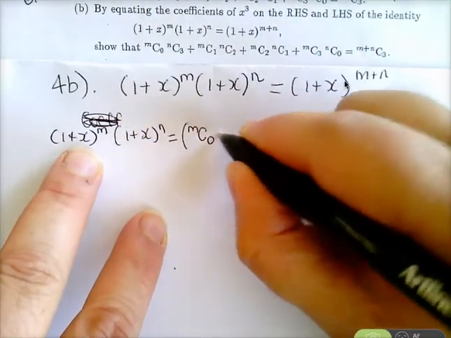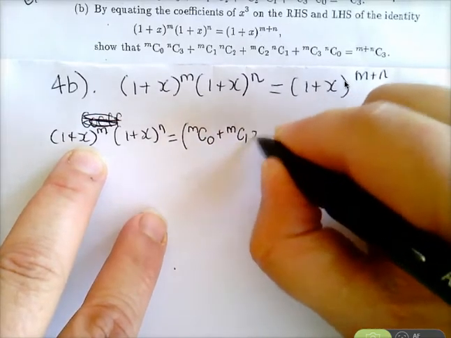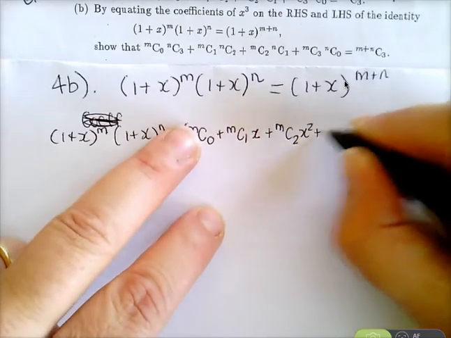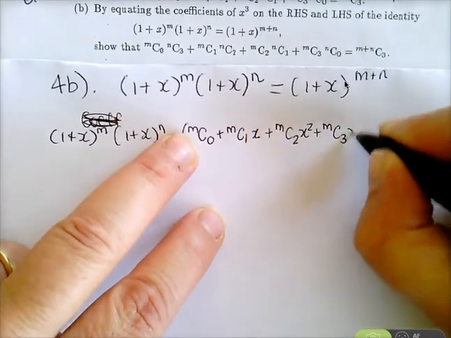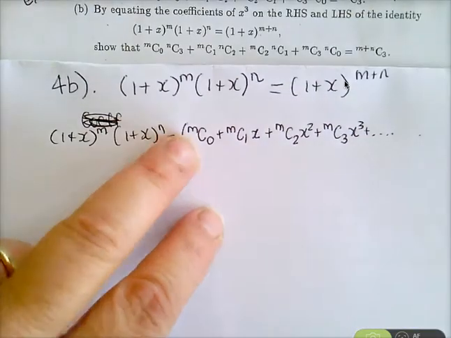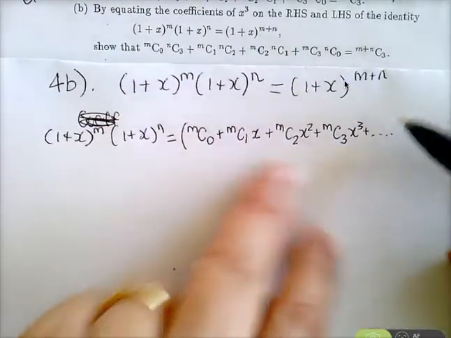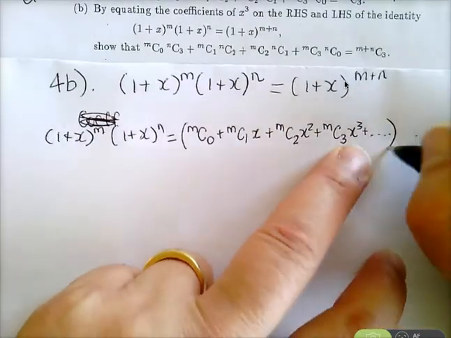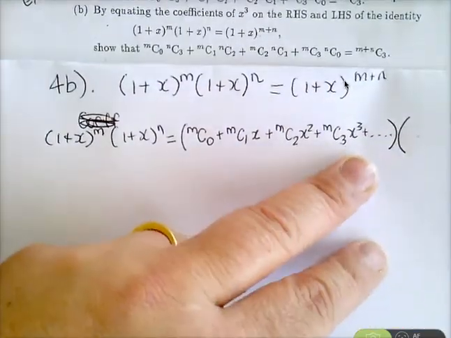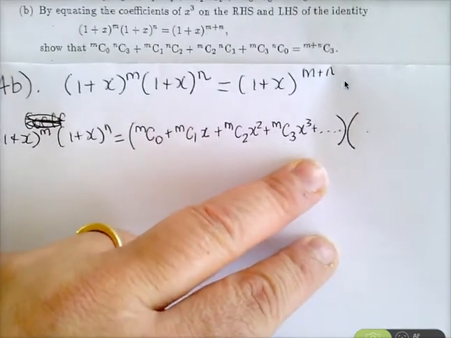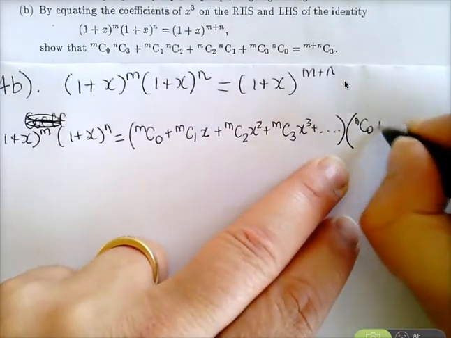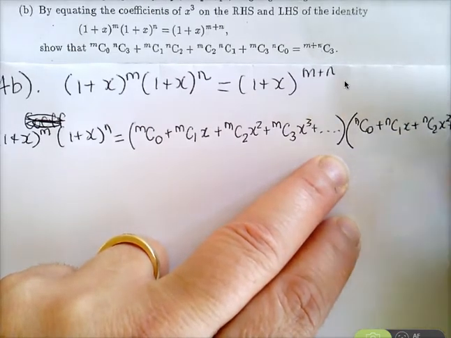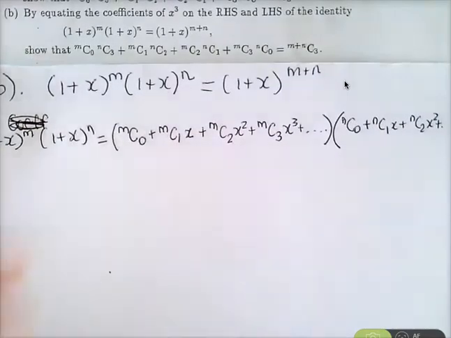mc0 plus mc1 x plus mc2 x squared plus mc3 x cubed plus, I'm just not doing the rest. And the last term would be mcm x to the m, but I'm not going to do it. All right? The other one would be pretty much the same, but with n's. nc0 plus nc1 x plus nc2 x squared plus